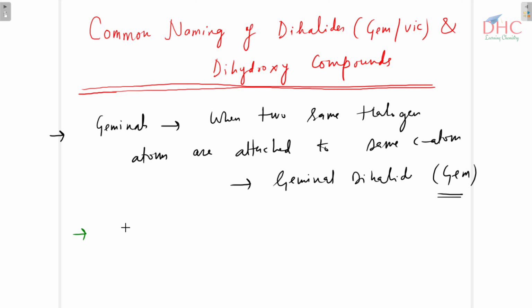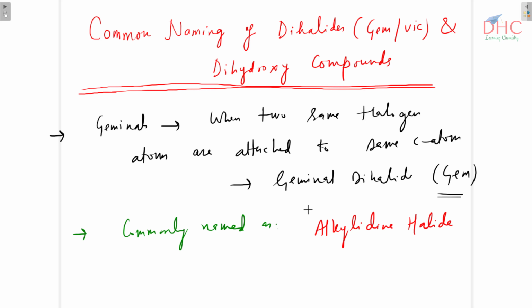They are commonly named as alkylidine halide. Alkylidine halide is the common name of these compounds. Alkylidine halide. For example,